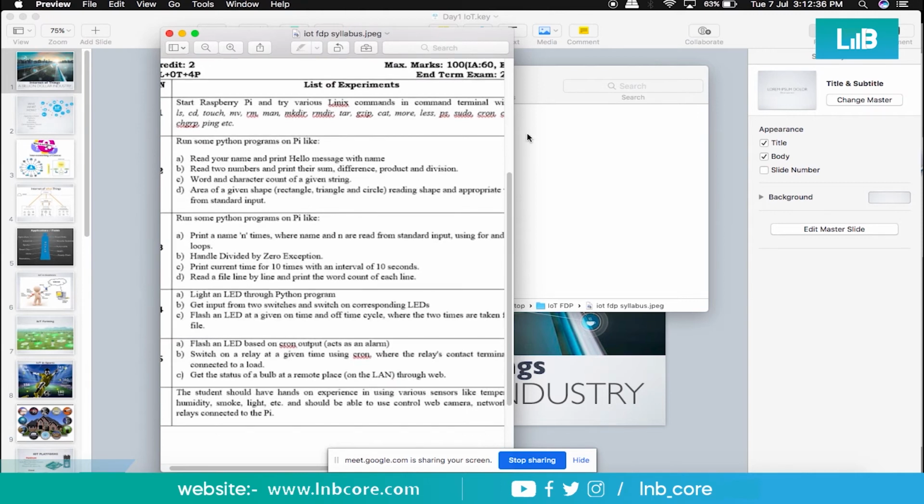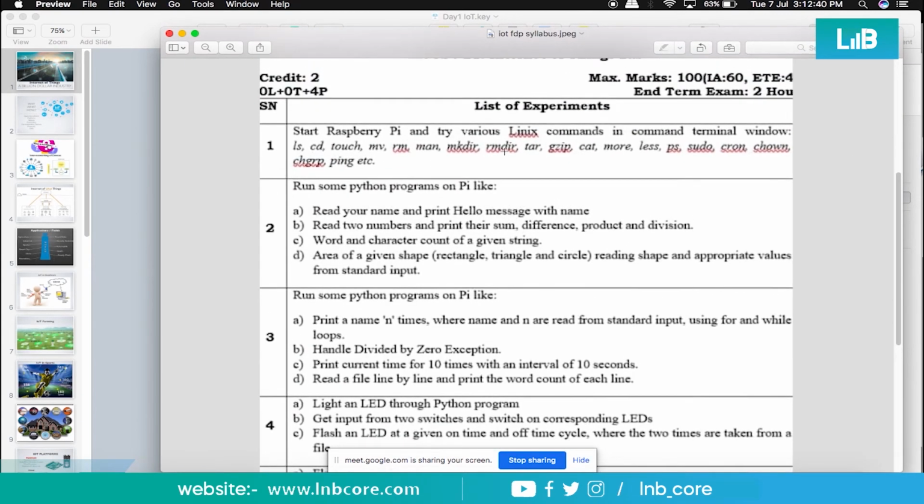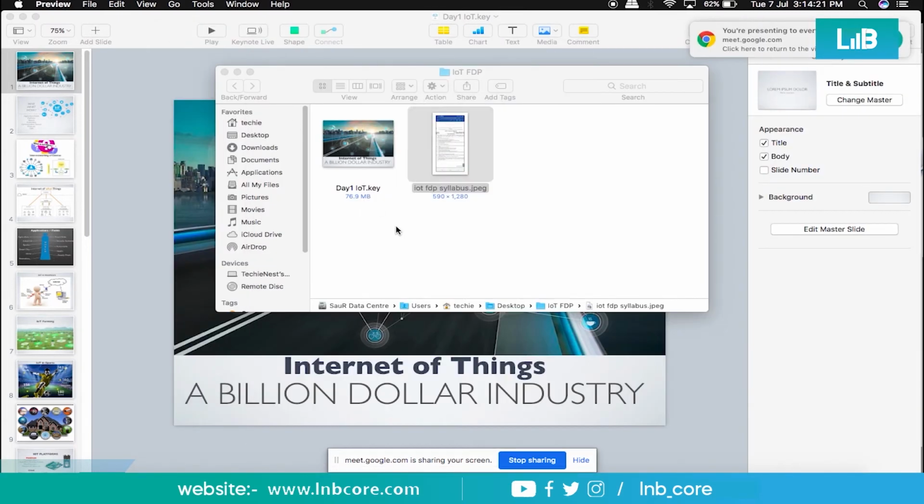For the initial day, we are discussing IoT with Raspberry Pi. I'll try to summarize everything. What is Raspberry Pi? What is IoT? And how both of them are connected? What are the other things we need to do? And what other devices or sensors we need to have for making the IoTs, right? Let me start with the PPT,